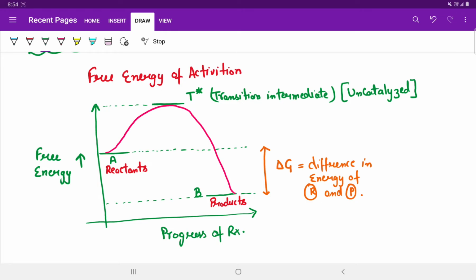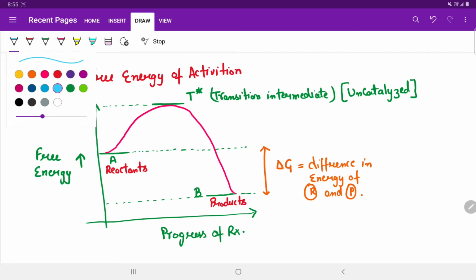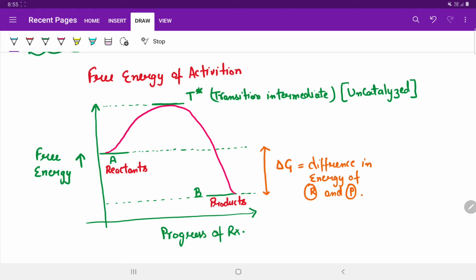An enzyme allows a reaction to proceed rapidly under conditions prevailing in the cell by providing an alternative reaction pathway. The enzyme does not change the free energies of the reactants or products and therefore does not change the equilibrium of the reaction. So, this is, we can say, a tunnel or an alternate pathway. So, how does this occur? In presence of a catalyst, an alternate pathway is provided for the reactants to reach the stage of products.